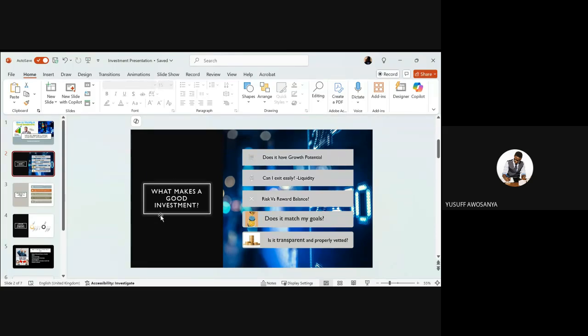Okay, so I said Opeyemi has just missed this part. We were talking about the difference between investment and expense, and we talked about the fact that the main difference is that for any investment, we expect it to grow. We expect a reward or a return in the future. But for an expense, we don't. It's just something we've spent money on, probably for a value. So we discussed how to know if it's a good investment, and we mentioned a couple of things to look out for, which include if it matches your goal, what the risk and reward balance is, and whether you can easily take your money out.